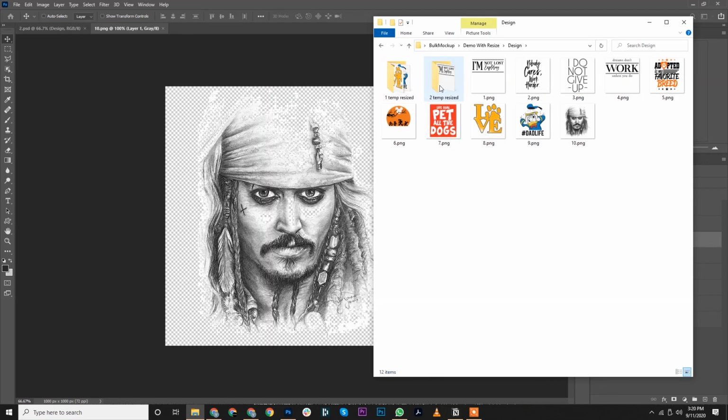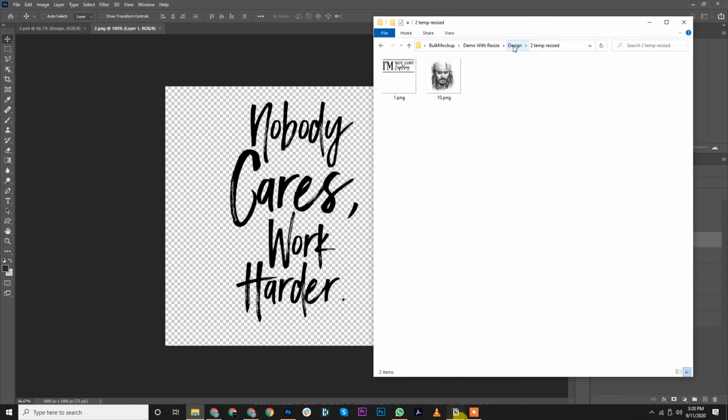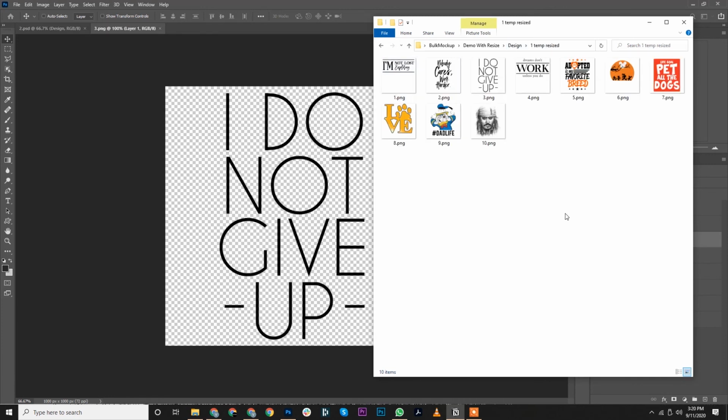This is how bulk mockup works. There's an additional step if you choose the design resize option. I hope you enjoyed the explanation of this incredible Photoshop tool. If the need be, you can see this video again. I'm sure bulk mockup will be of great use for you and help you save a lot of time in your business.